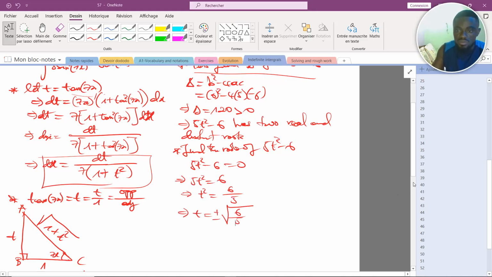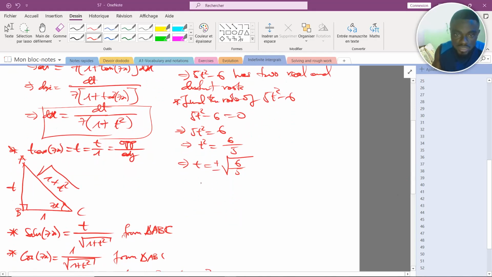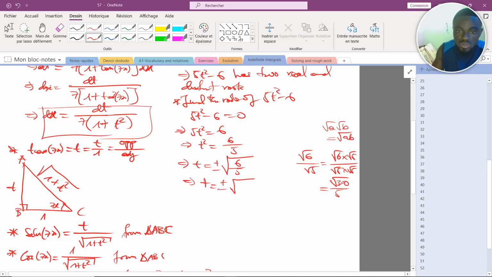I will write this again as root 6 on root 5. I will rationalize it by multiplying top and bottom by root 5. This becomes root 6 times root 5 all over root 5 times root 5. Root 5 times root 5 is 5. Root a times root b is equal to root ab, so this becomes the square root of 30. So this implies our t will be equal to plus or minus the square root of 30 all over